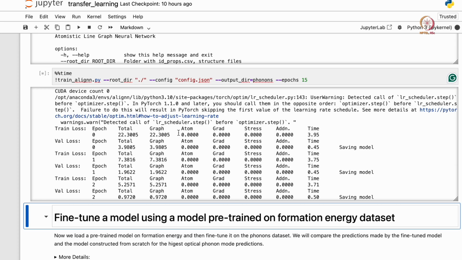But for the model we are doing right now, we are not interested in atomic features, forces, stresses, or any other additional losses from the atomic side. We are only interested in graph level prediction and graph level losses.